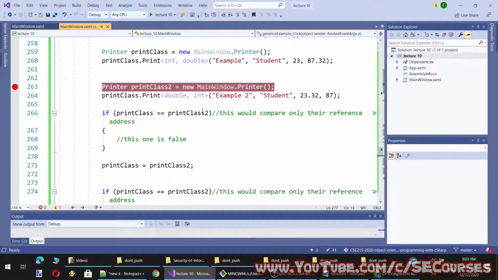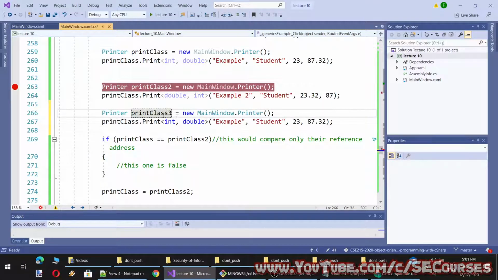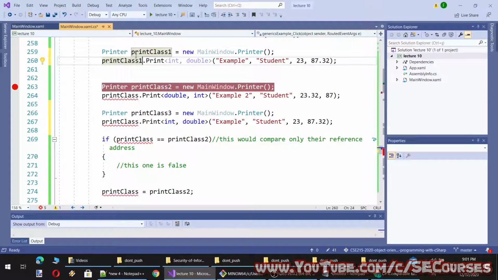Okay, however, if they were something like this, I will make the example duplicate so it will be understood better. So printer class 3 is exactly the same as printer class 1. Therefore, when we compare them, oh, by the way, they were already the same because the method is different, not the class itself.